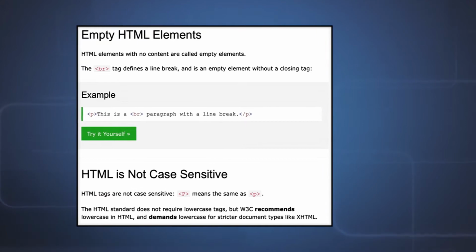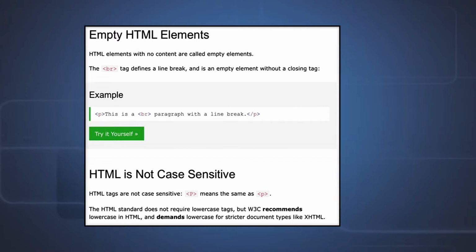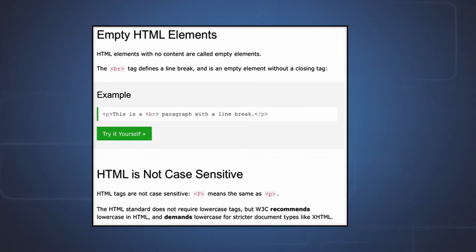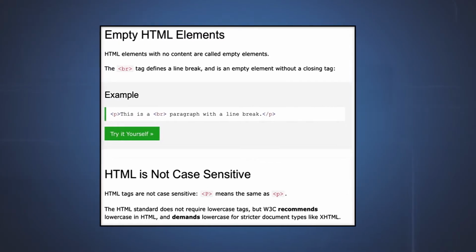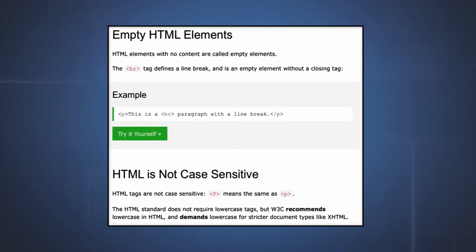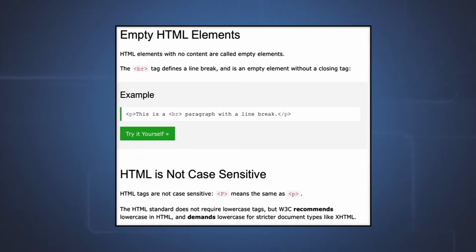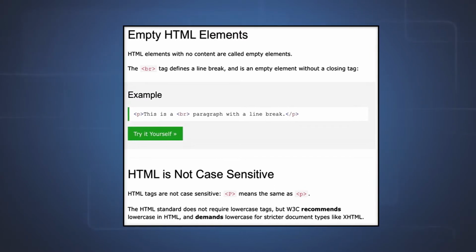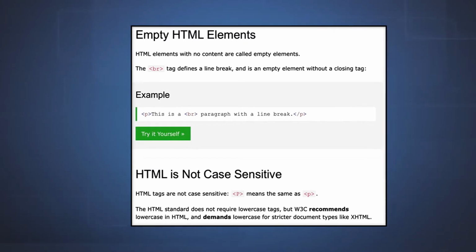So when you consider an HTML element, you can divide them into different categories. One category being those elements with both starting and ending tags, and another category being those tags which are starting but they don't have an ending tag. And be sure that you use one case for your entire HTML and always prefer lowercase, though it is not mandatory. I want to tell you that HTML is not a case sensitive language.